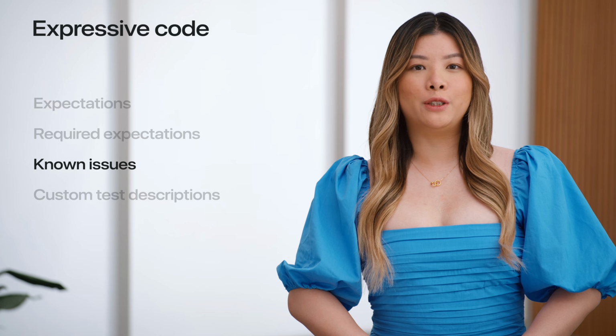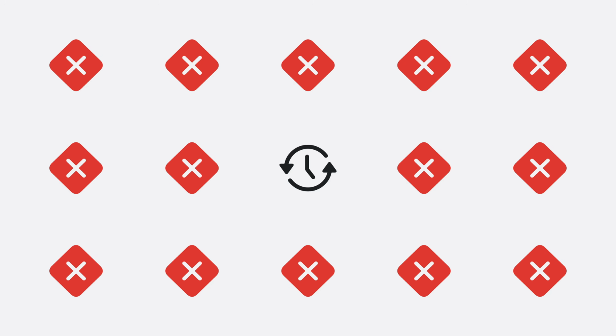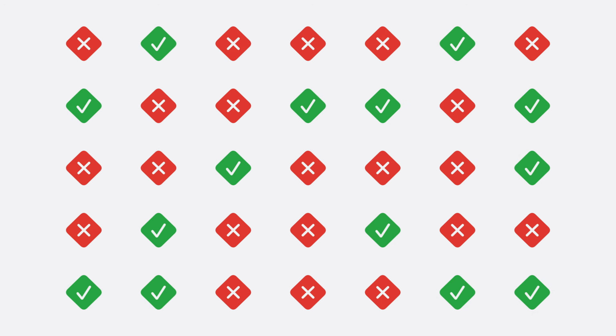Next, let's go over how to document known errors in your test using the withKnownIssue function. Triaging test failures is a time-consuming process. When you cannot immediately fix a failing test, or if it's failing due to factors outside of your control, the failure can add noise to your test results that obscures real customer-facing problems.